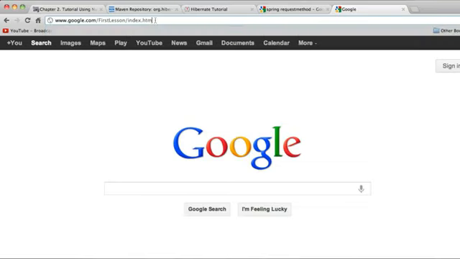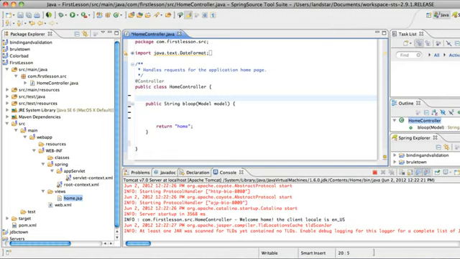So that index.htm is the word that the application is going to take to try to match it up with one of the methods inside this controller here. So the most usual way to do that is give it the annotation request mapping, and then the value is going to contain the string that it's going to try to match up with. So in this case,